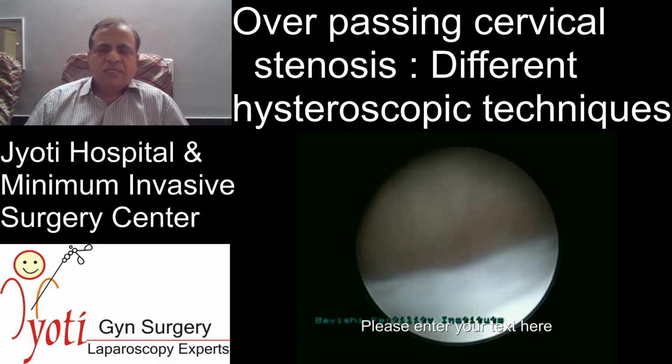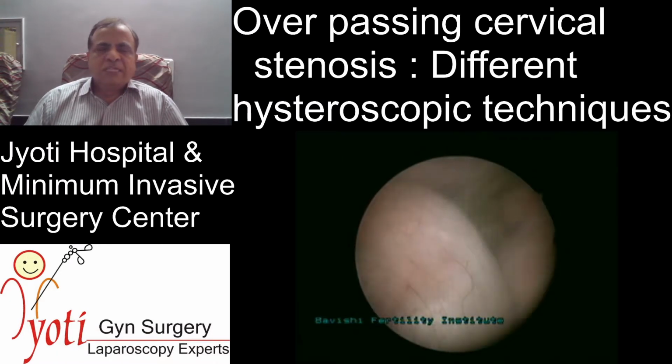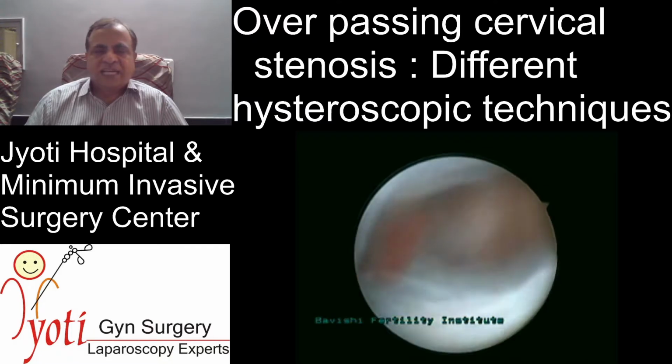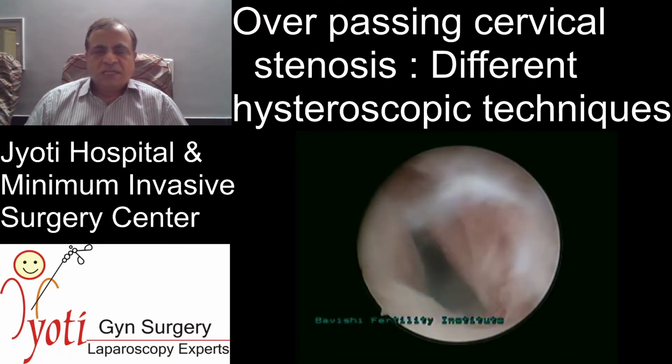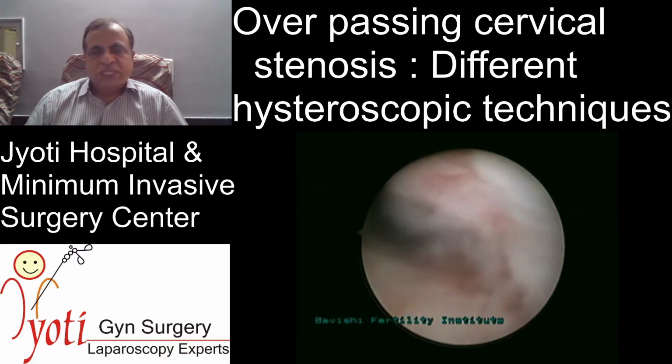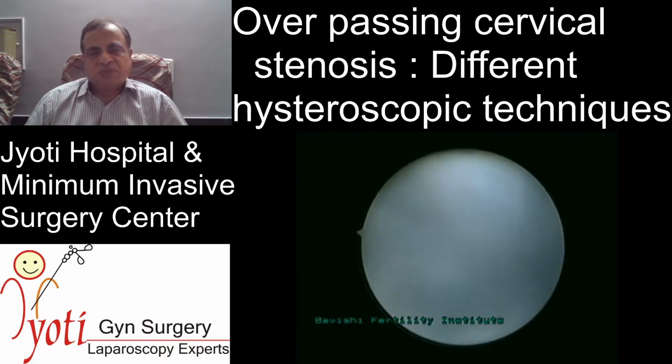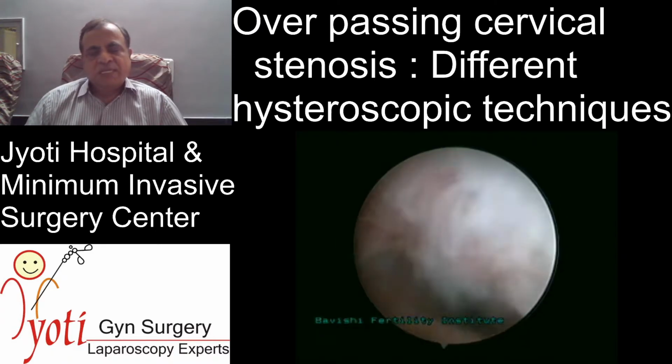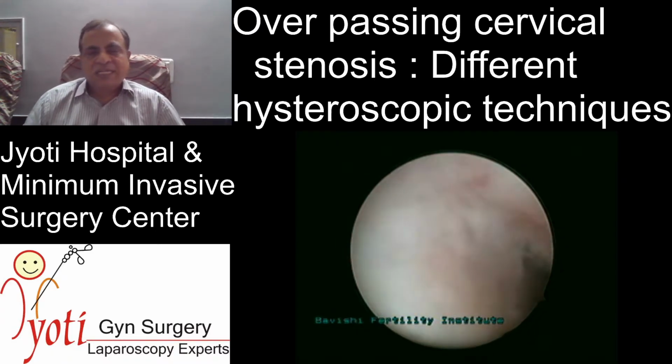Another scenario is when there is a false passage and perforation. See, this is an intestine sliding. So the intestine is sliding over the fluid, and this is the perforation. When you withdraw this, you can make out the perforation, and you go inside, you can see that this is a floating intestine and omentum. So this is what you have to understand.